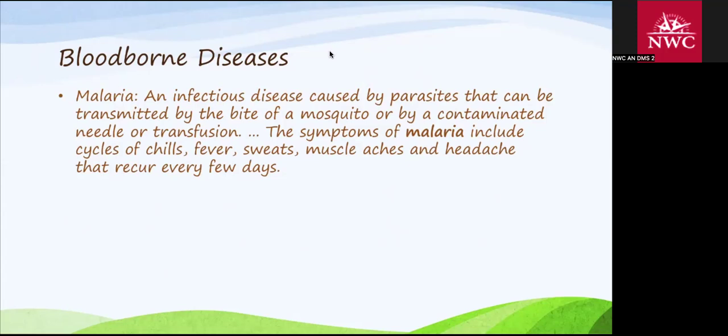Now, if it's too hard to get to that location to do a biopsy or an aspiration, then they'll send the patient off to surgery. But if we can reach it with a needle, they'll use ultrasound. It's less invasive, it's cheaper, it's easier than sending the patient to surgery. So you do come across needles and scalpels and sharp glass containers. And so it says